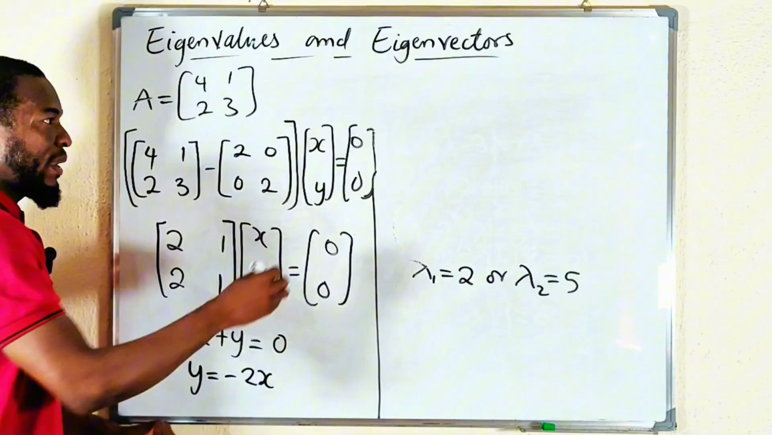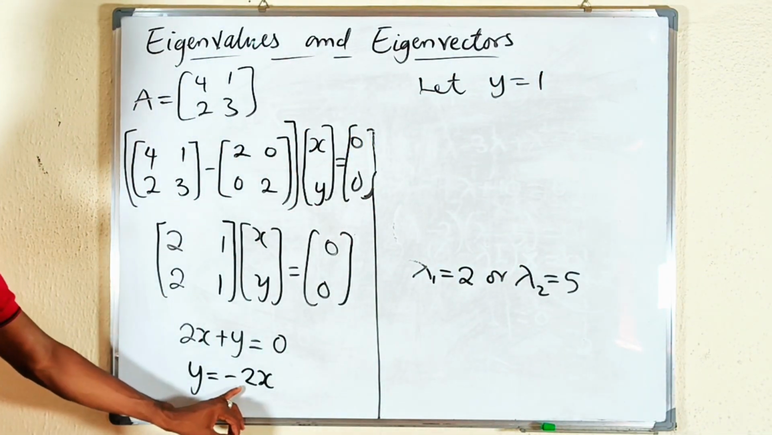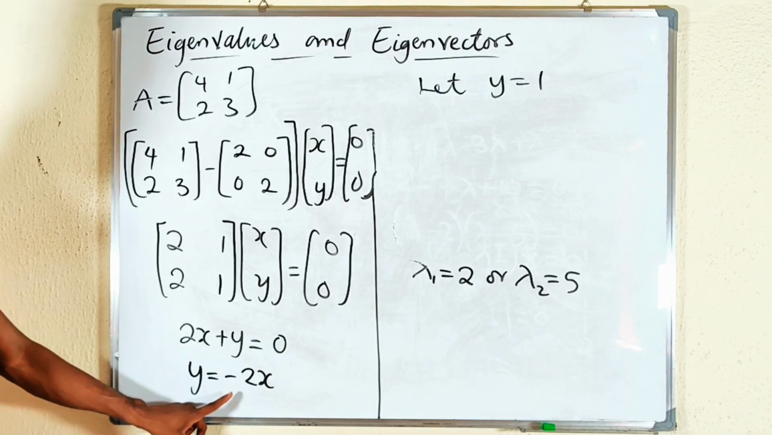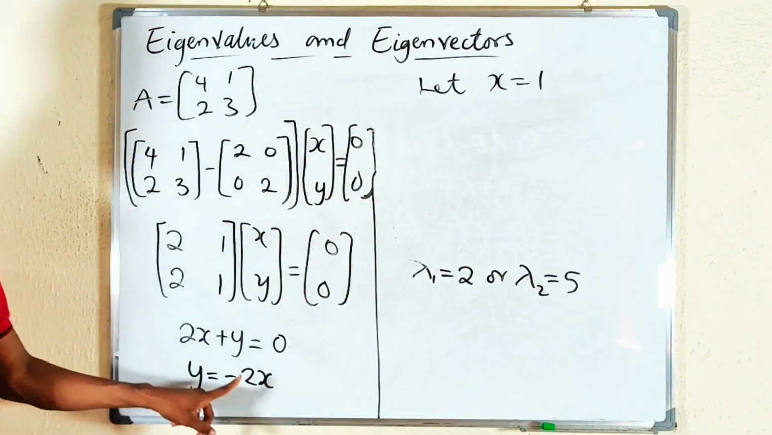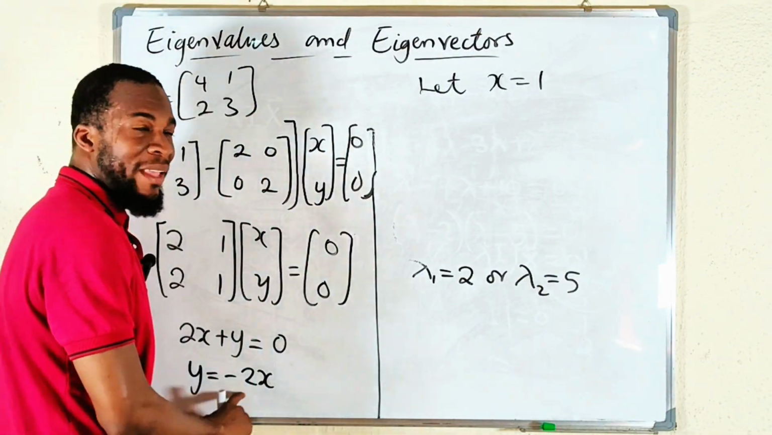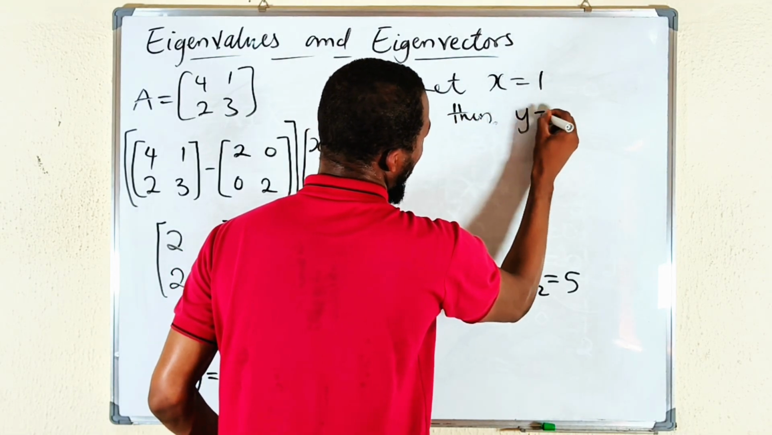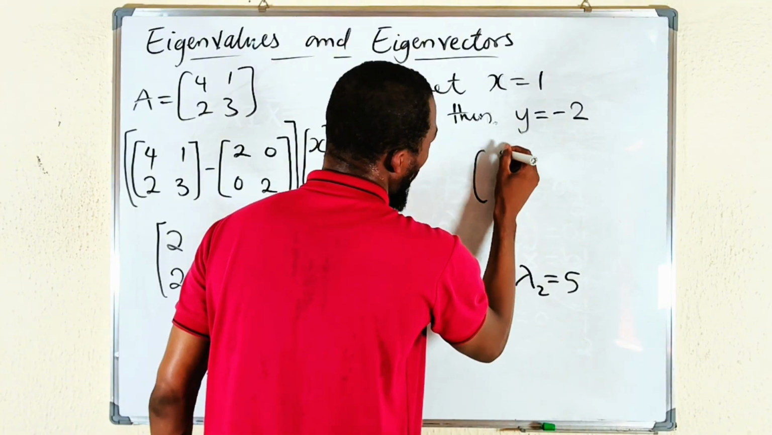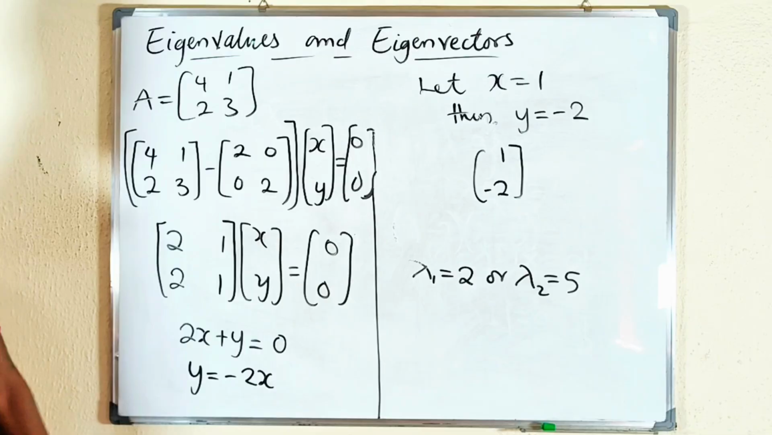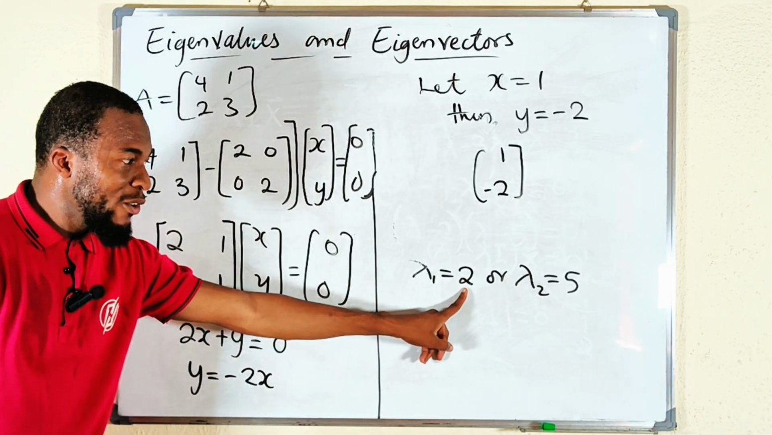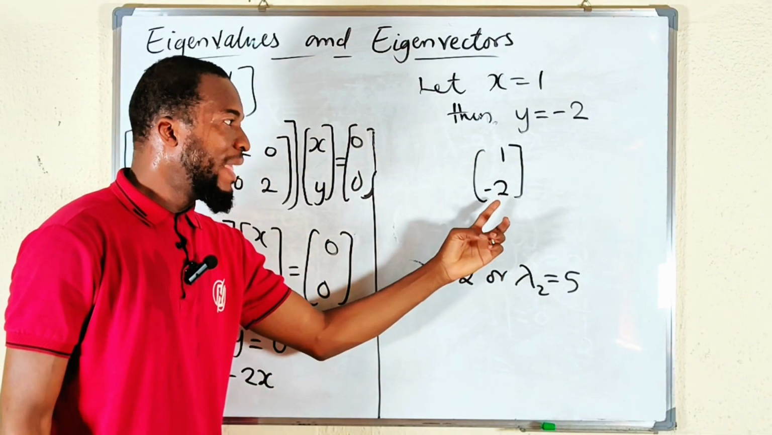So if y is equal to 1, let x be equal to 1. If x is equal to 1, then y will be equal to what? Minus 2. Then y will be equal to minus 2. And the vector will be what? 1, negative 2. Yes. So if this is an eigenvalue of this particular matrix, then this is said to be its corresponding eigenvector